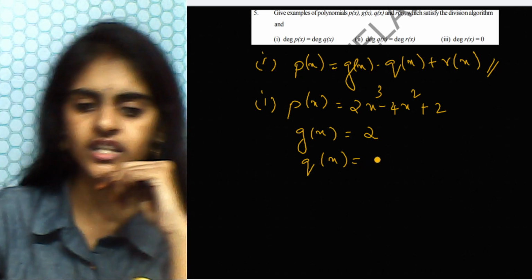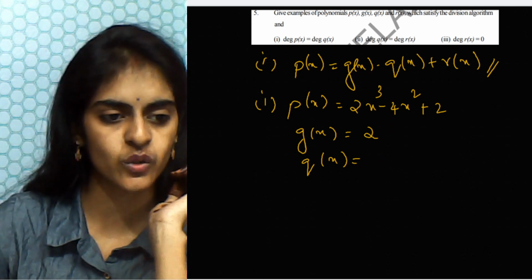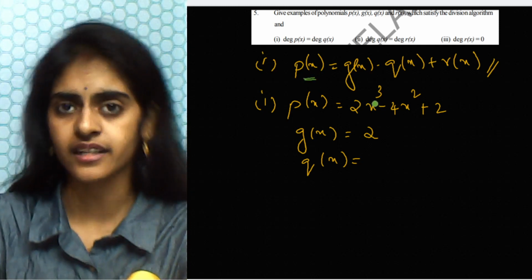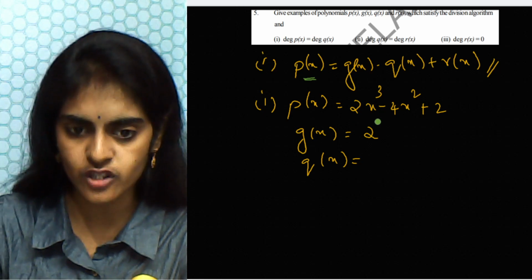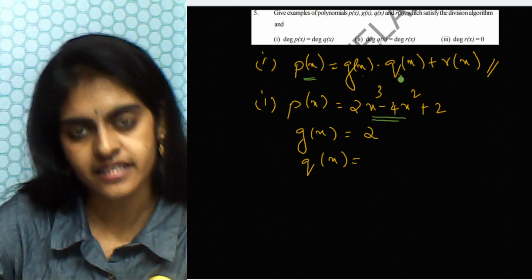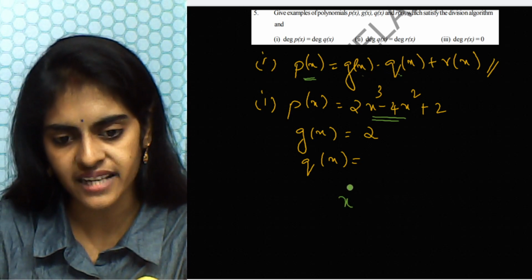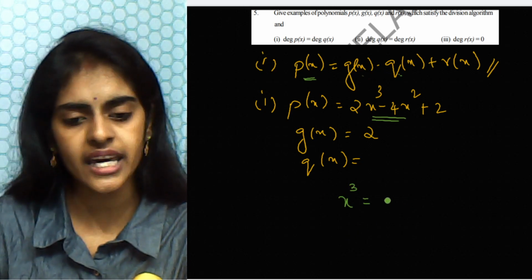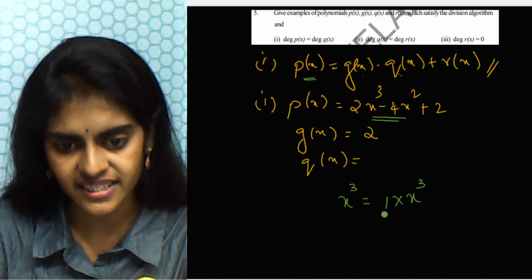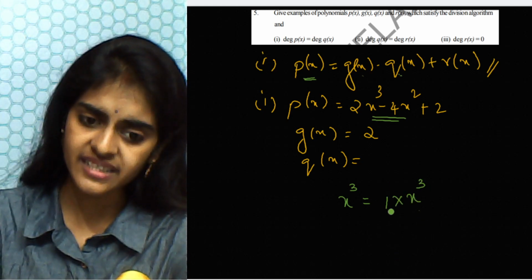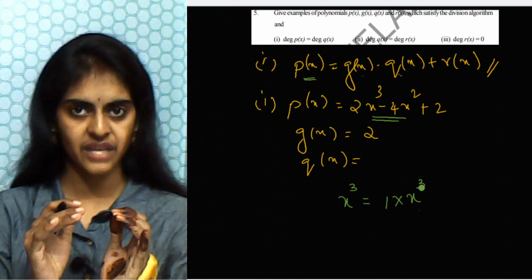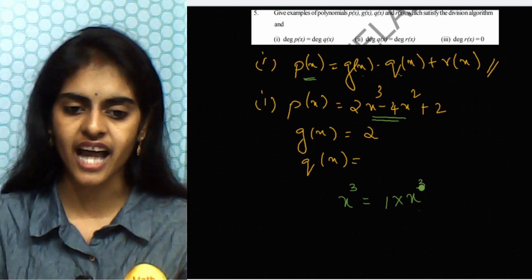Understood the logic? Now let me explain to you here. So see, now p of x I have taken as a third degree polynomial. So it is degree 3. Now here I am multiplying this. Now you know this formula. Suppose you have x cube, so I should get the same x cube here. That means I have to multiply this with 1. If I multiply with some x or x square, the degree of this x also will reduce. Do you agree with me? Are you getting this?